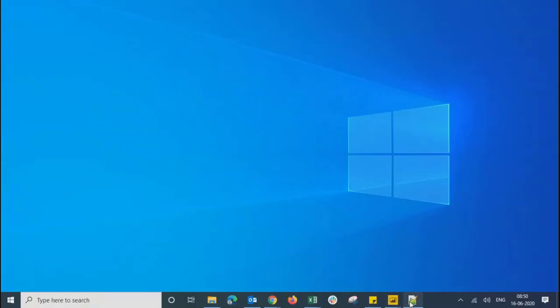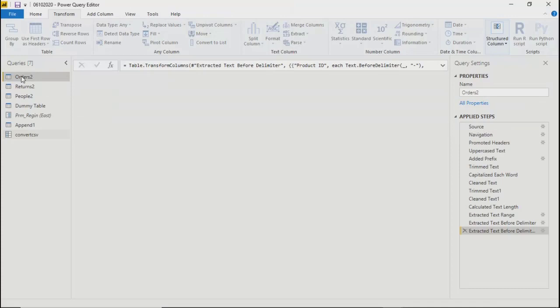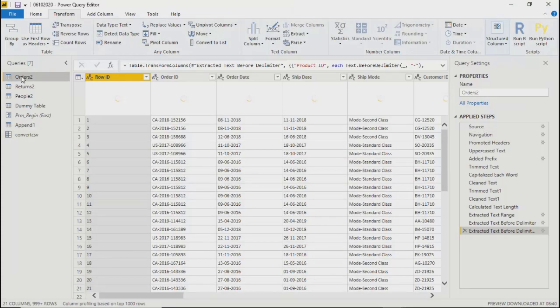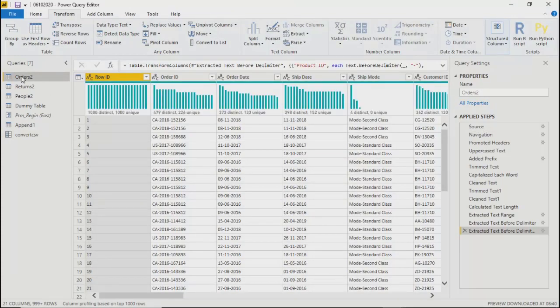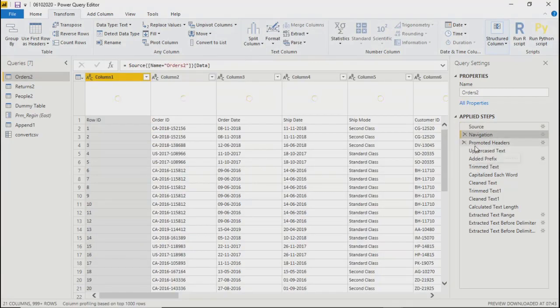The visuals we created were based on our source data, but in the source table, like Orders 2, we have made a lot of changes since. We have applied navigation. See how many steps we have done.